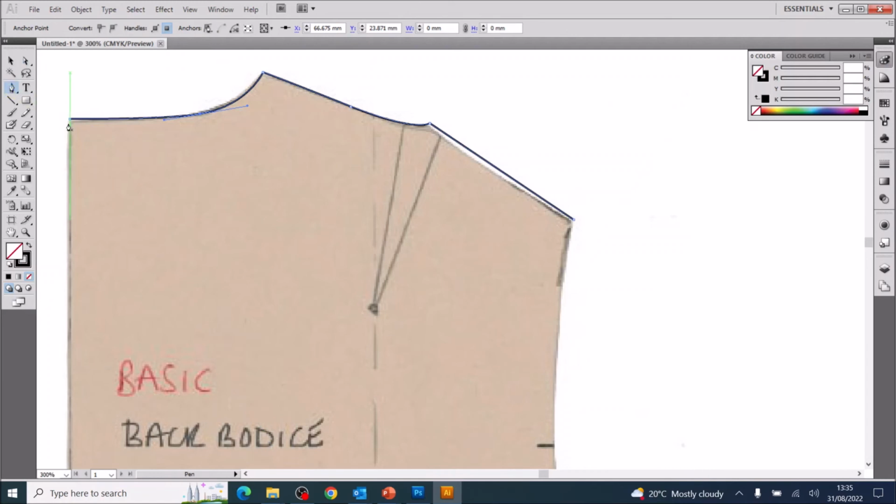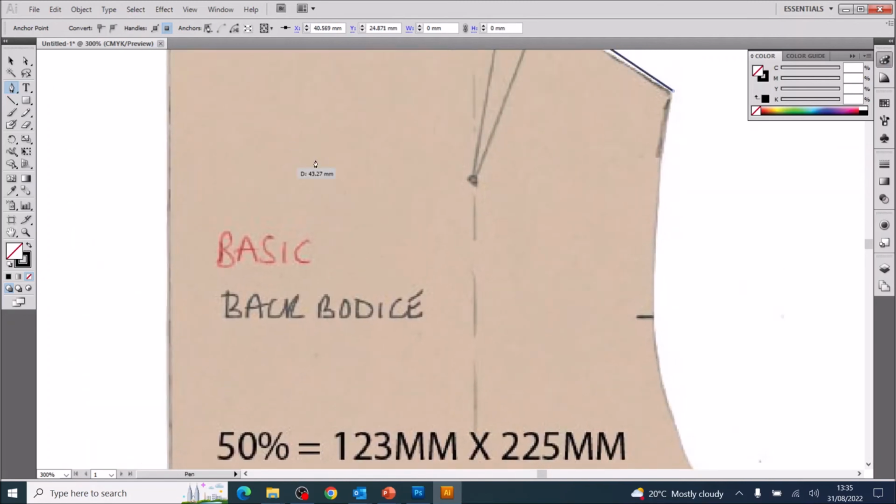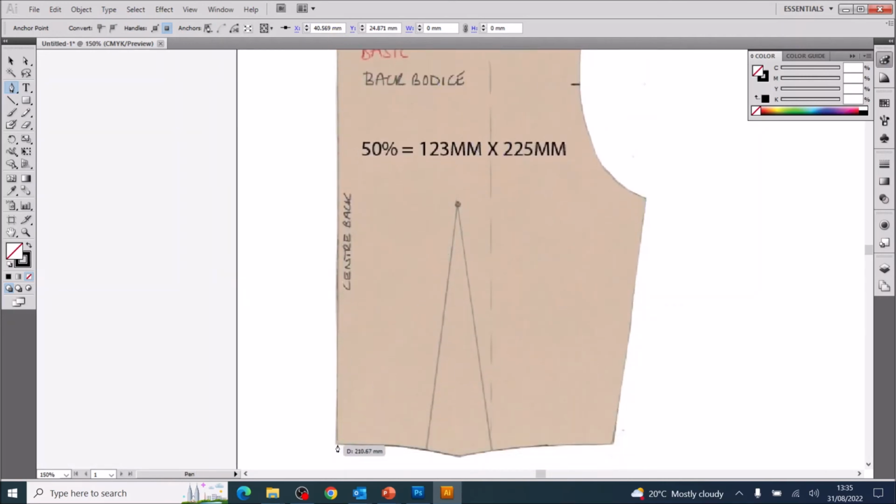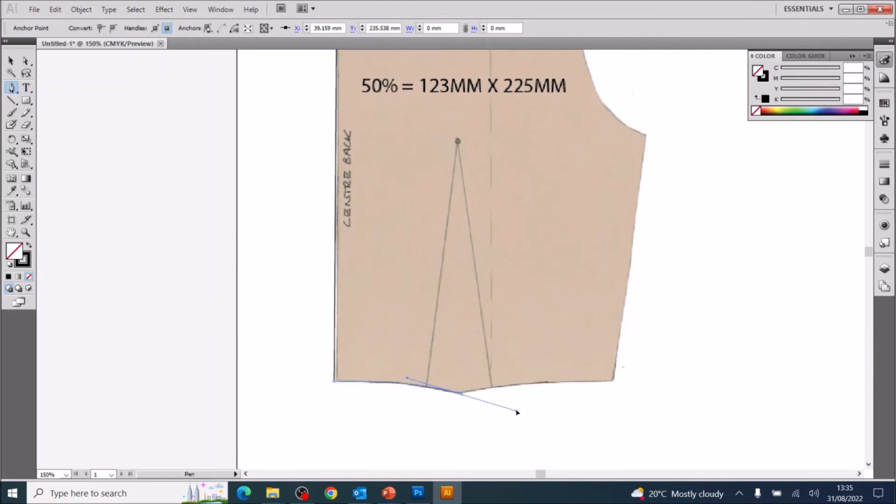Then I'm going to go back to my pen tool and I must click on the end anchor point to continue the line. Oops. I'm going to zoom out and click down here, corner, so click and drag. But now because I need to do another corner, I must click on the anchor point and it will delete the right hand side handle, and then click and drag, go back and click on the anchor to get rid, straight line,